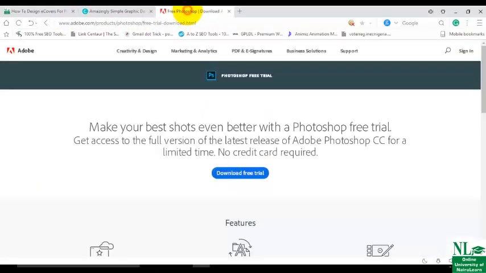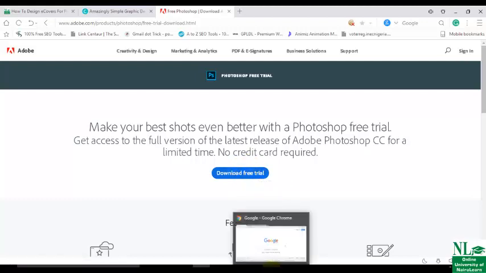You also need Photoshop, in case Photoshop is not installed on your system. Any version of Photoshop can go. If it is not installed, just come here and download the free version. If you can't crack it, let me know. I will send you a crack key to crack it so that it will become a premium version. Although with the free version, you can also use Photoshop for about one month on your system.